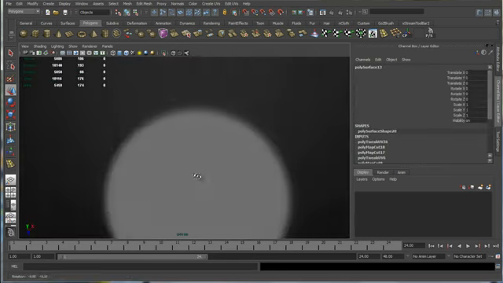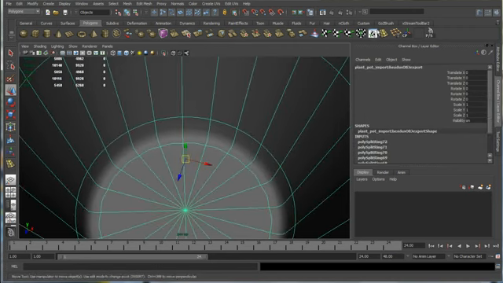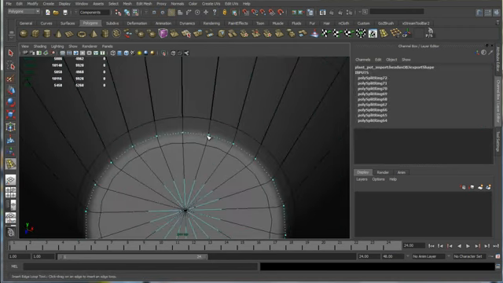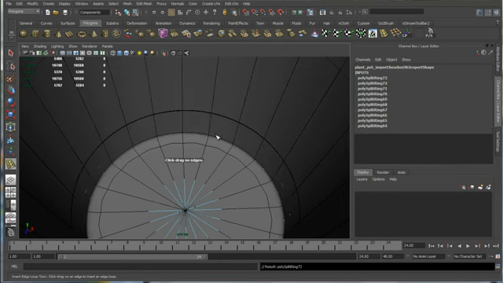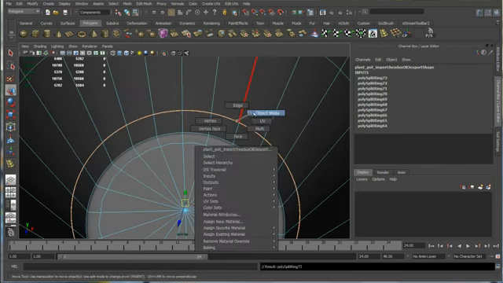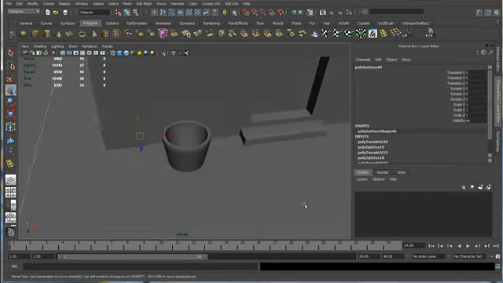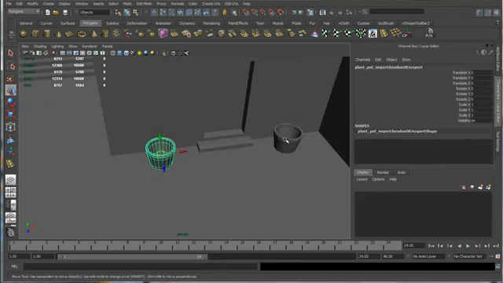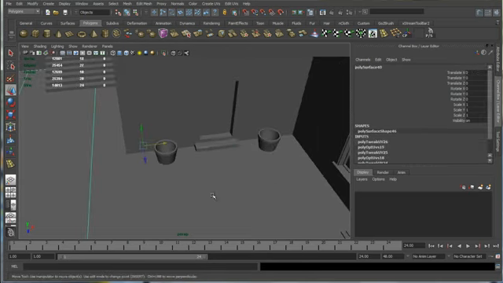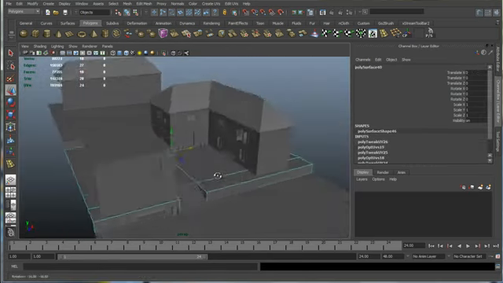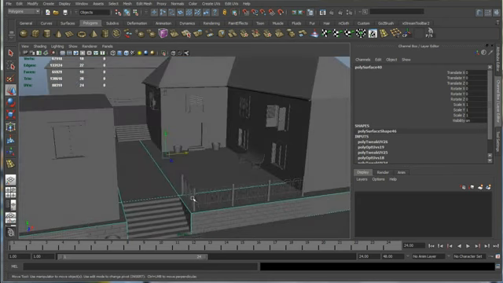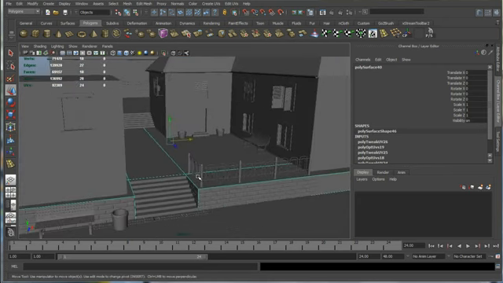So now we can probably insert 1 more edge inside the pot, so it doesn't look so soft now. So now we can delete this second pot and just duplicate the one that we just smoothed. So next thing we want to do is probably